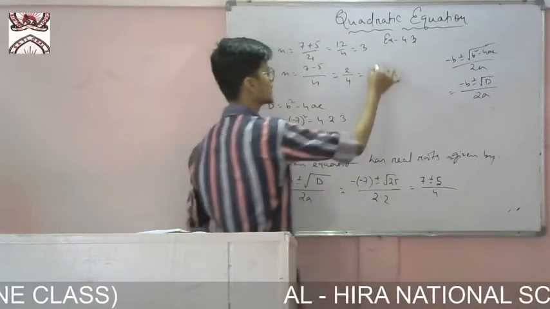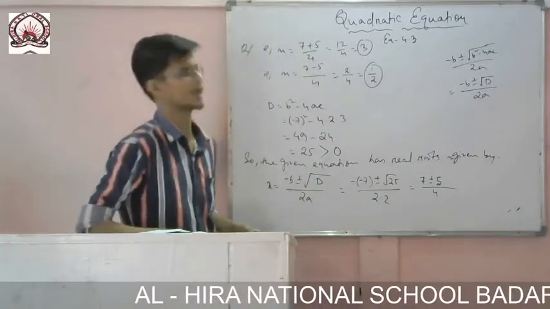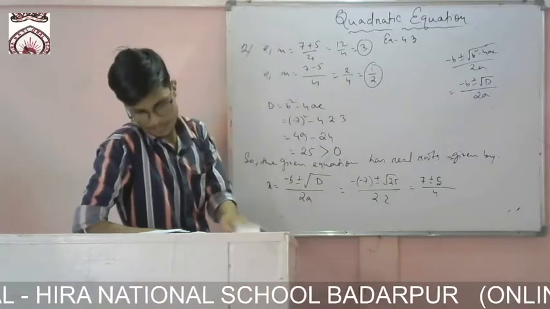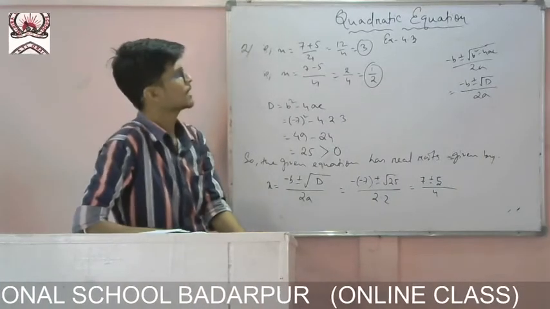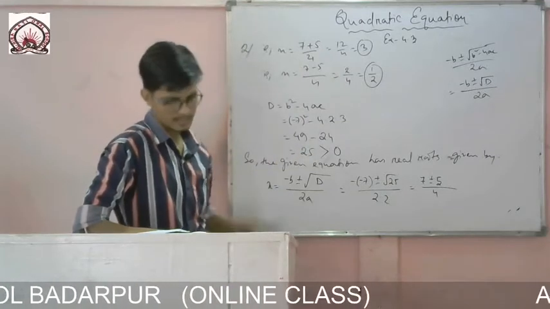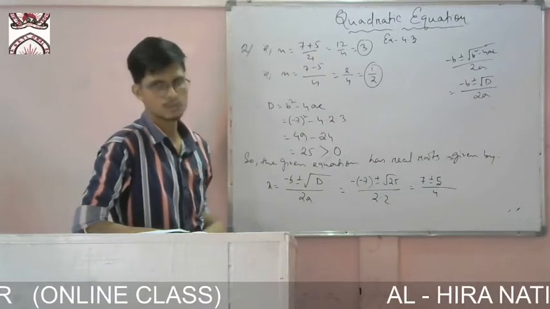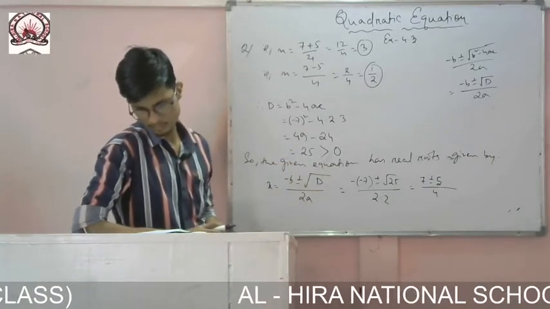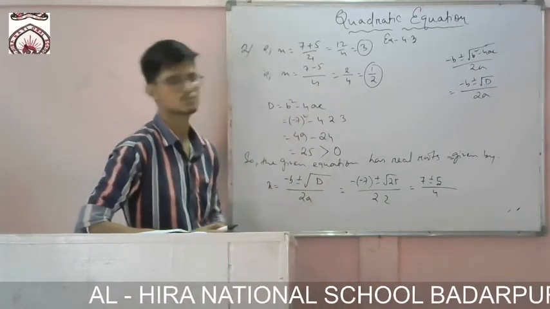You can match with the question we did in question number 1, Roman number 1. The same roots came. In that one also the answers were 3 and half, and this one also gave 3 and half. So which one is easy? In exam, if it is given to use the completing square method, then you use the first one. And if it is just given to find the roots, then you can use whichever you want.